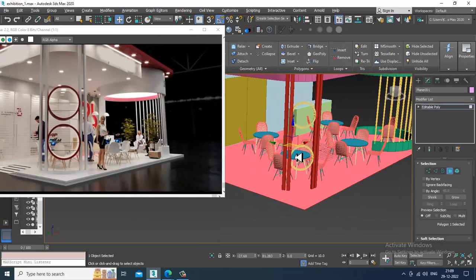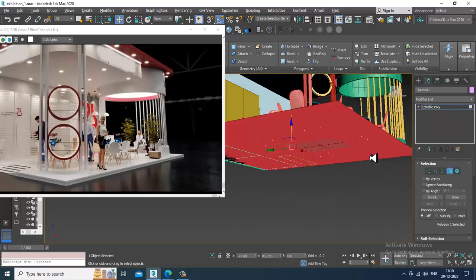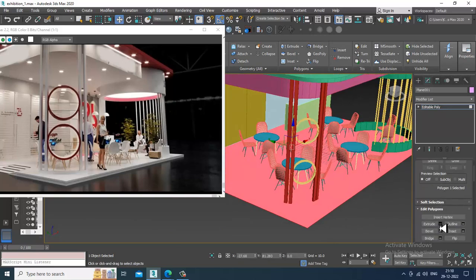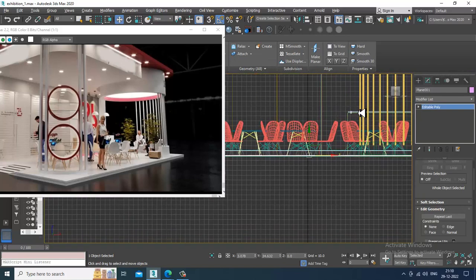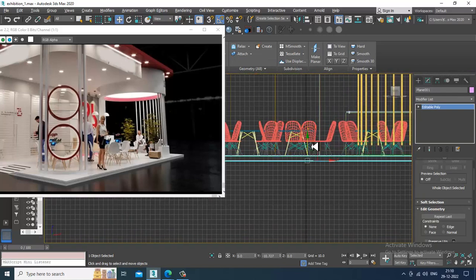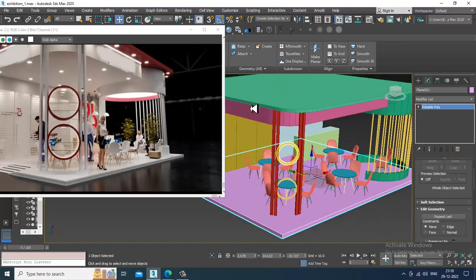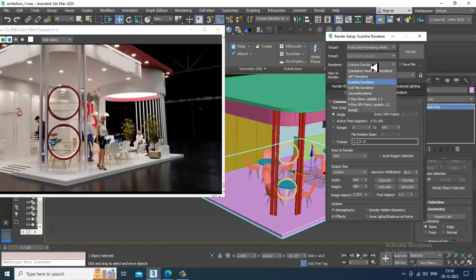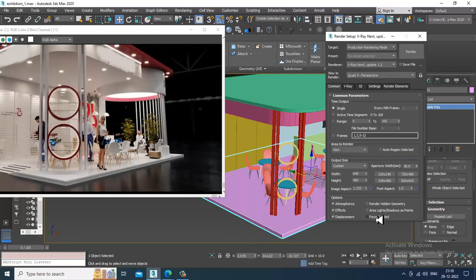So select this and slightly select the polygon, and if you feel to, slightly extrude this up. I'll go into this view. I'll just push this down in this way. So go into the rendering, go into the render setup, and let's activate this Vray over here. After that,